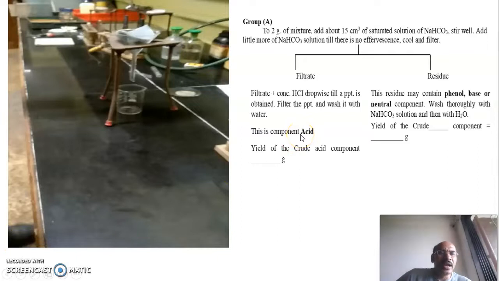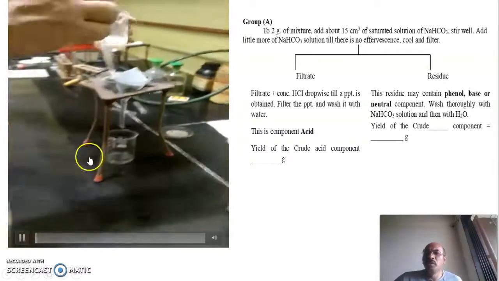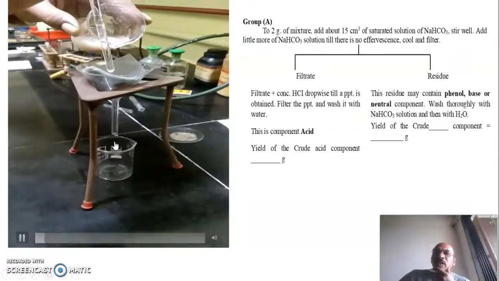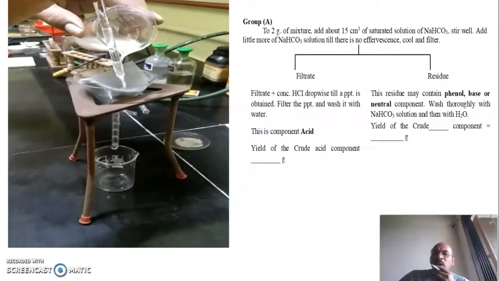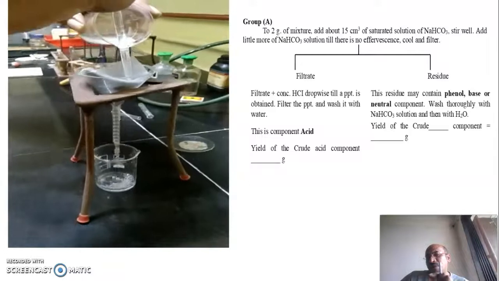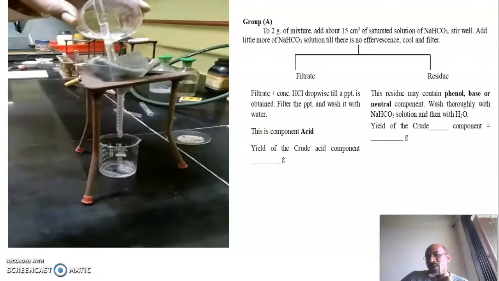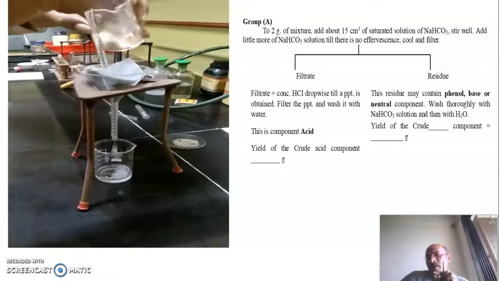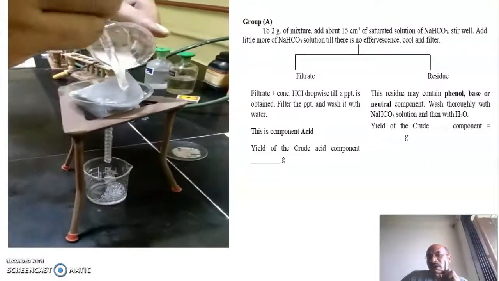Now you see the right side representation here. A residue will be either phenol, base or neutral. Now first the acid we have dissolved by producing its salt, by treating with sodium bicarbonate, that goes there in the filtrate. So then we have to do filtration. How to do filtration? And then we will see what to do with filtrate and residue one by one. Now what is the constituent of that filtrate coming out in the beaker? That is sodium salt of carboxylic acid dissolved in water coming down.